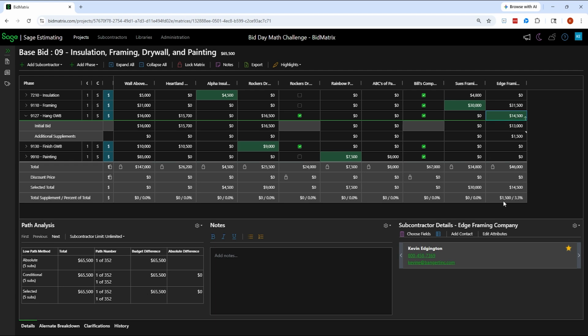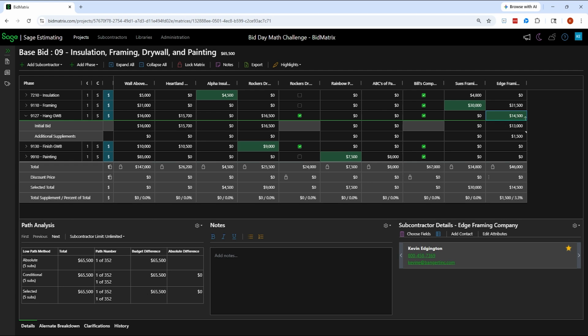And down here, I can also tell that I had to add a supplement of $1,500 to their bid. So I had to add about 3%. So there again, when somebody's trying to analyze risk or make sure that some of the bids are complete, that might be a factor of, I'd rather deal with this company that I don't have a bunch of supplemented dollars to, and things of that nature.